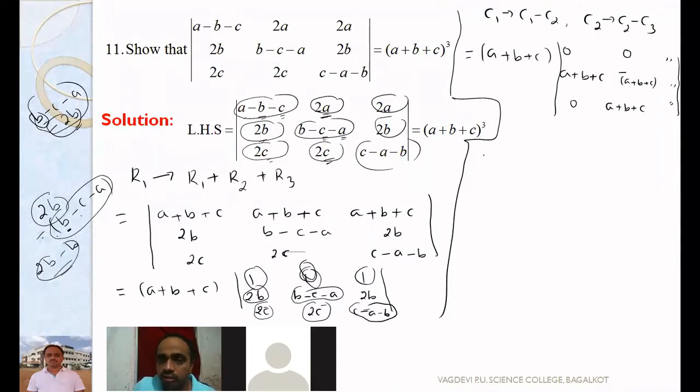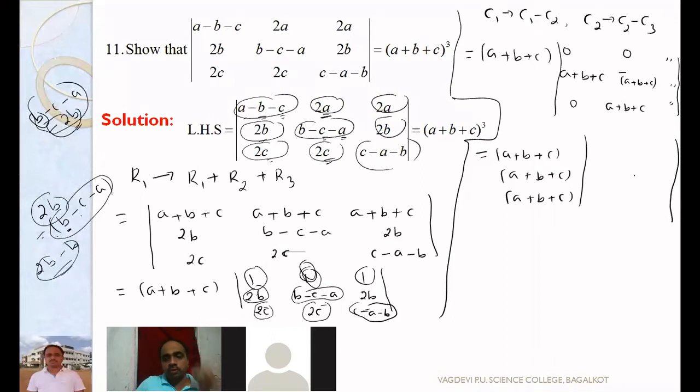I'll write. So here I'll write that is equal to A plus B plus C. It is already here, outside. Now one more A plus B plus C, and again one more A plus B plus C. So why do we get 2 A plus B plus C? Because one A plus B plus C from the second row and another from the third row. First row as it is, 0, 0, 1.